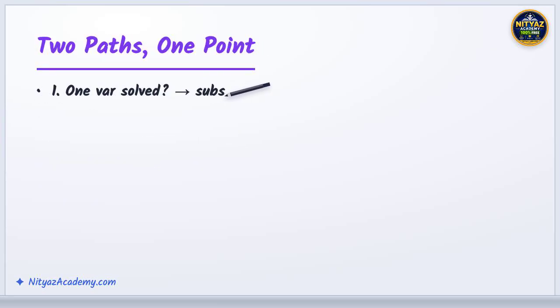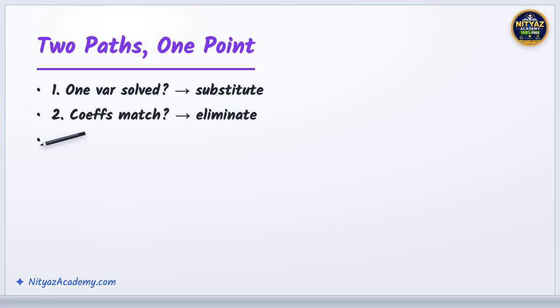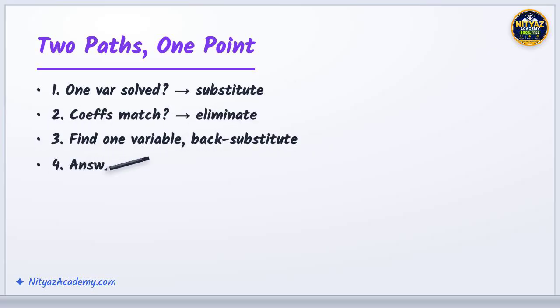So remember, if a variable is already isolated, substitute. If coefficients match up, eliminate. Either way, find one variable first, then back substitute to get the other. Your final answer is always an ordered pair. And when in doubt on the digital SAT, type both equations into Desmos and read the intersection point right off